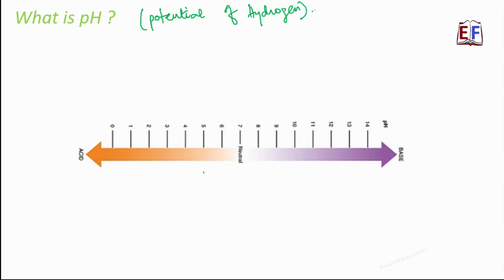So pH value determines the acidity or alkalinity of a particular substance. If you look at the scale of pH, it measures values from 0 to 14, wherein anything which has a pH of 7 is neutral, that is, it is neither acidic nor basic. Any values from 0 to 7 are acidic. Anything from 7 to 14 is basic. So that's how we determine what is acidic and what is basic.